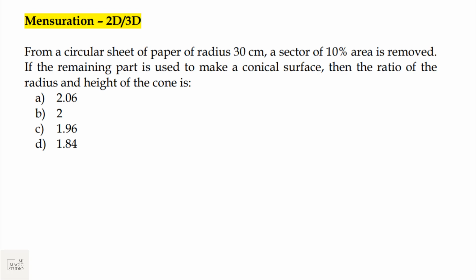Okay, one more from Mensuration. Give it a try. From a circular sheet of paper of radius 30 centimeter, a sector of 10% is removed. If the remaining part is used to make a conical surface,